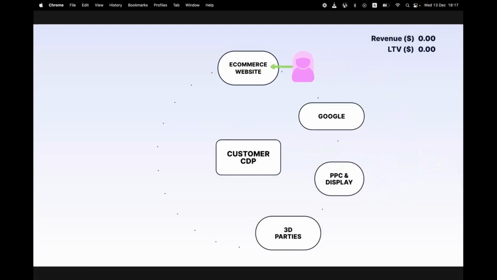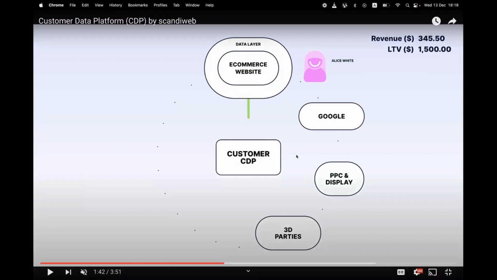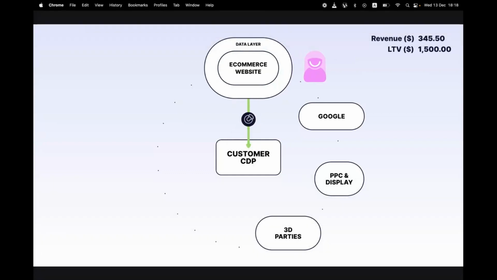The campaign in Instagram worked, and a person goes again to our site and now makes a purchase. And when the purchase is completed, of course, we know who this person is. Meet Alice White. The data layer comes into play again and is pushing all of this information into the customer CDP again to enrich the previously anonymous profile with personal data: name, surname, address, email, phone number, and maybe